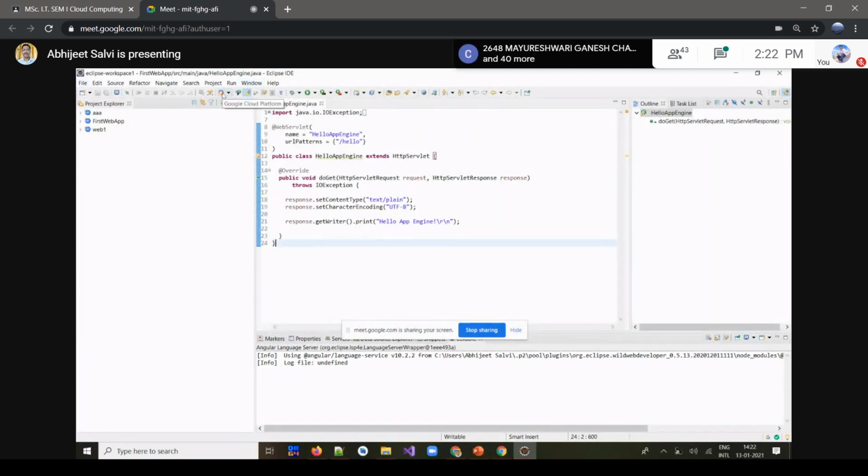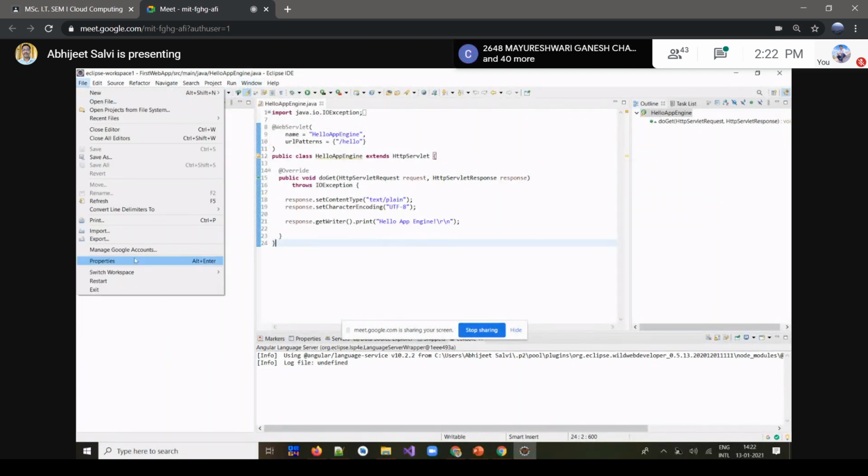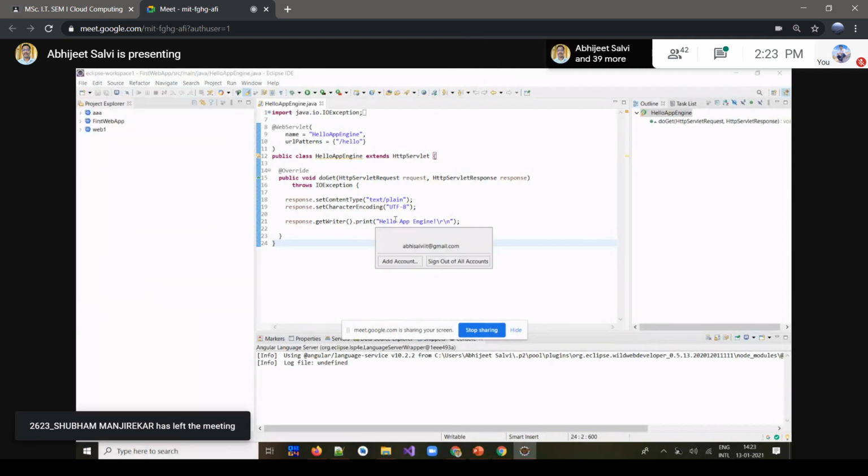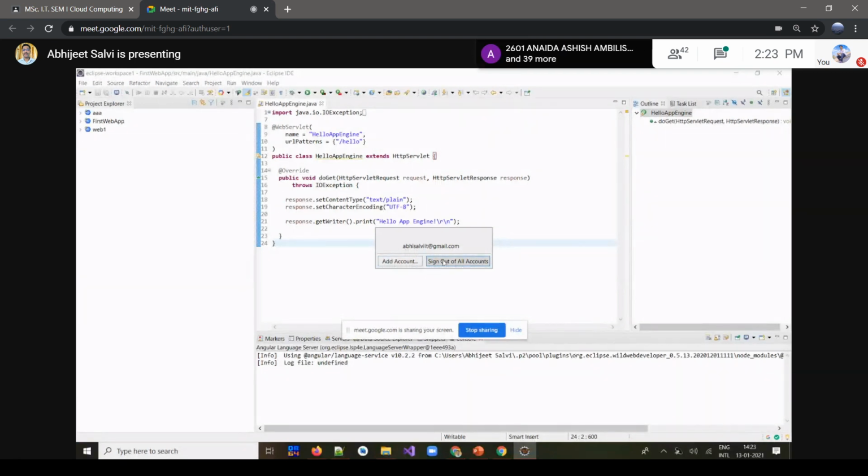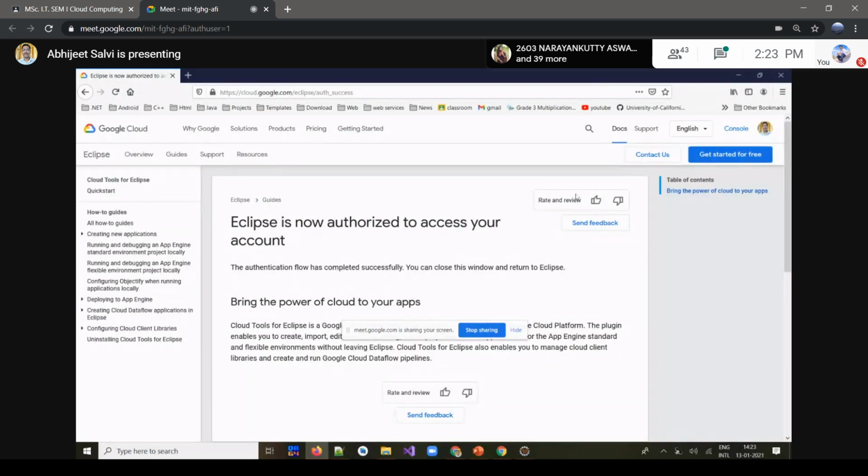The second is to create the application. The third is to link that to our account by using this file, manage Google accounts, and then specify that. If you'd like to switch to another account, then you have to go by this option, sign out of all accounts.